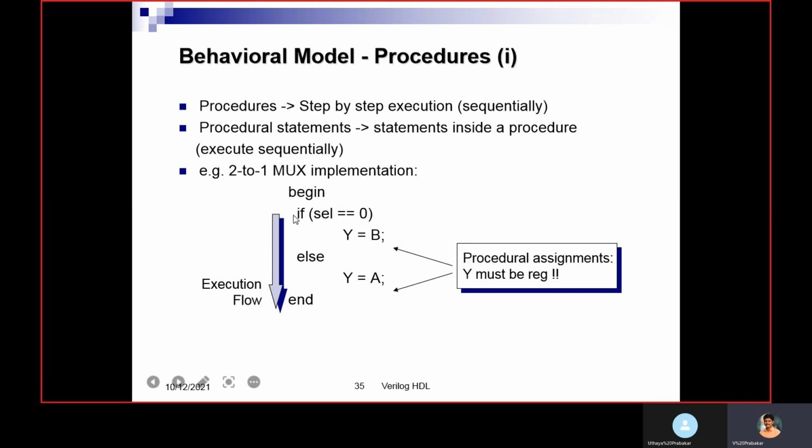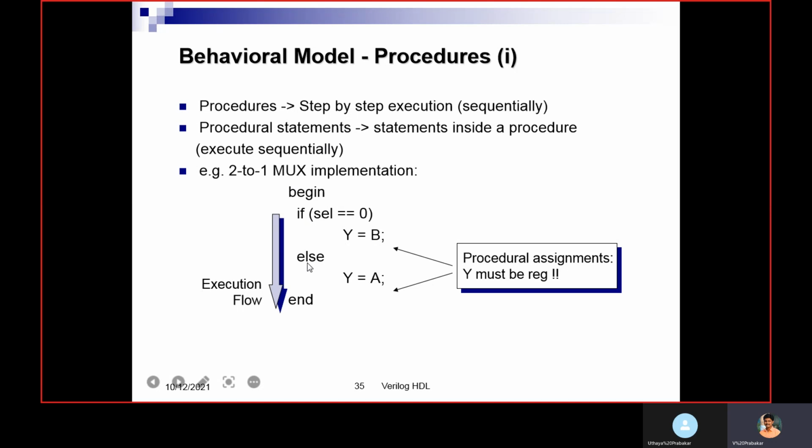If you use multiple lines inside the always or initial, you should use begin and end. If you mention it like this, it will execute step by step like a procedure. That's why it is called a procedural block. It will check: if the selection line is 0, it will take B as output y.